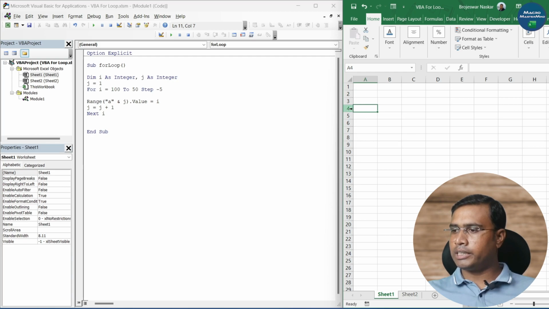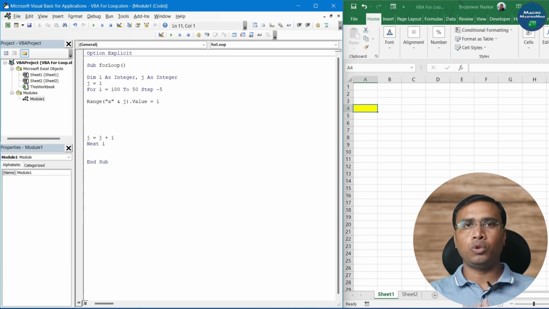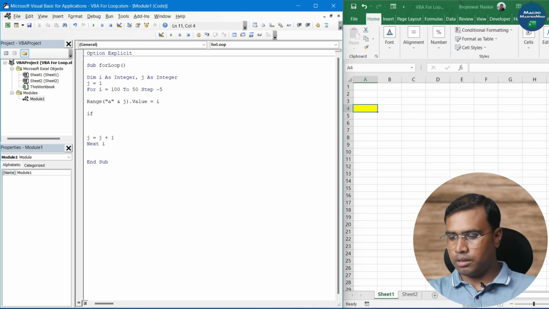Let's fill this cell with yellow color. So let's try with code to stop our loop here. After entering the value here, before increasing the value of j, we will put some condition here with an if statement, as we have learned in previous videos. So if range